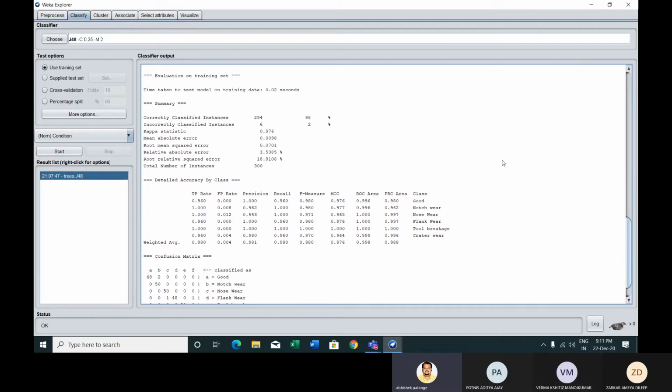Now after this, since we do not have separate test data, we will select some of the samples from the training data itself, and then the second option will be used. So now what you do is just go to that CSV file, open the CSV file. First of all, close this Weka because then the file will not be opened.